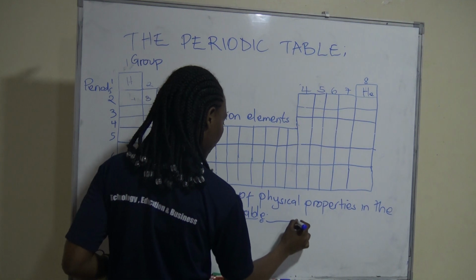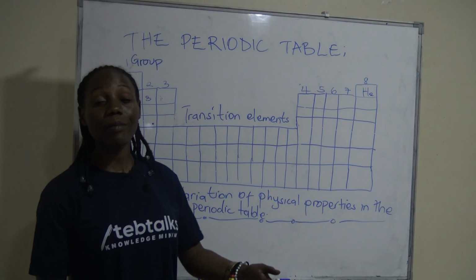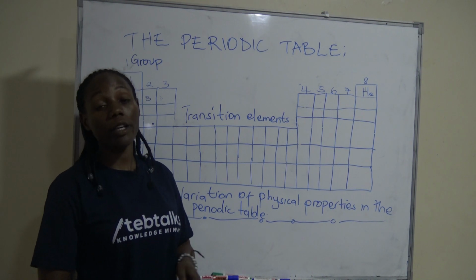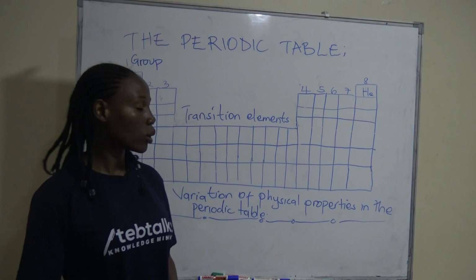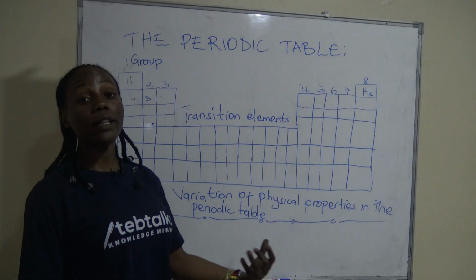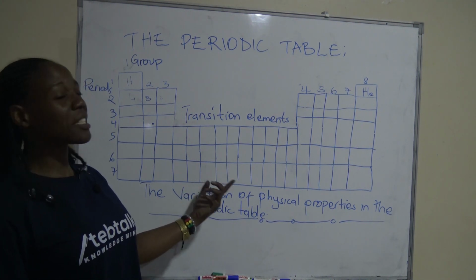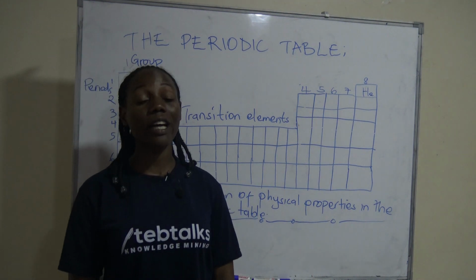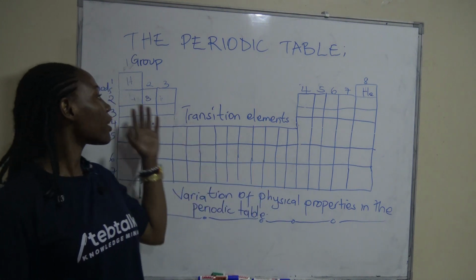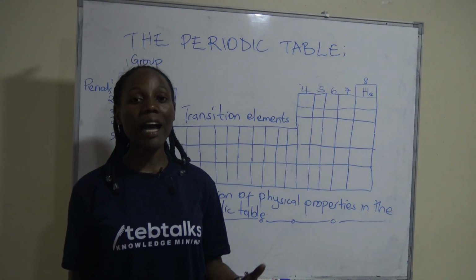Because when we say physical, that means that it is something that is there for a shorter time, and after some time it would go back to its original shape. Then when we say property, it is what you possess. So we are going to look at those changes that can be there for a shorter time that the periodic table possesses, that the different groups and the different periods possess. And the first one,